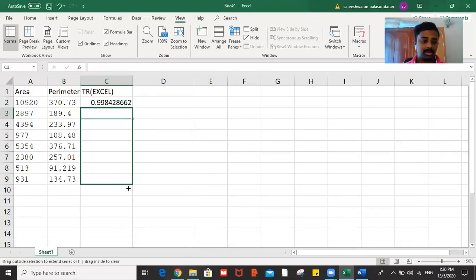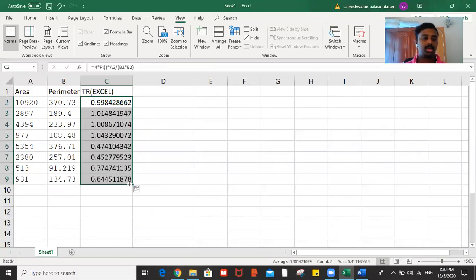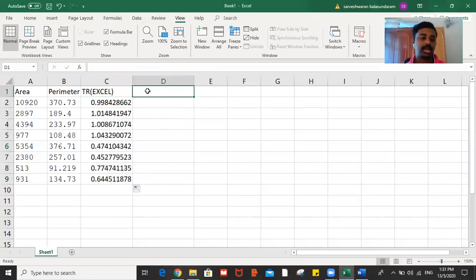So I'm going to bring up all the values here. So basically I got all the values ready. So these are my values for each and every object. So basically for my first circle, this is basically Excel. So I use calculation through Excel, manual kind of calculation, Excel calculation. So now I'm going to use the calculation as given to me in my